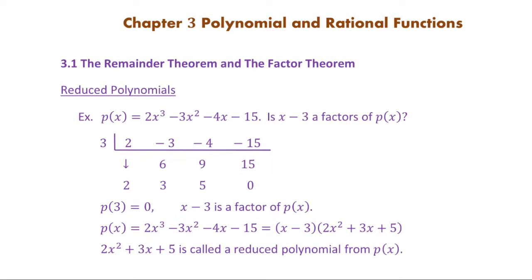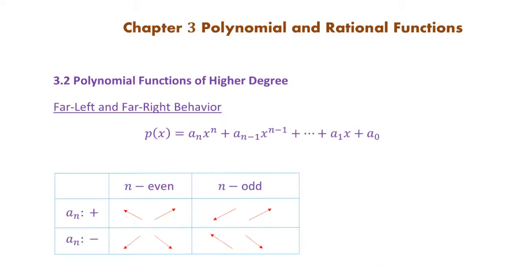3.2, let's see what we have in here. Looks like we're going to have, okay, 8 pages. I don't know if we can finish or not today. So 3.2 is called polynomial functions of higher degree. We're going to discuss a few things about